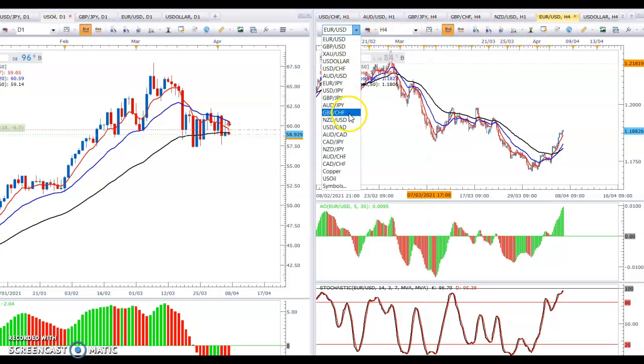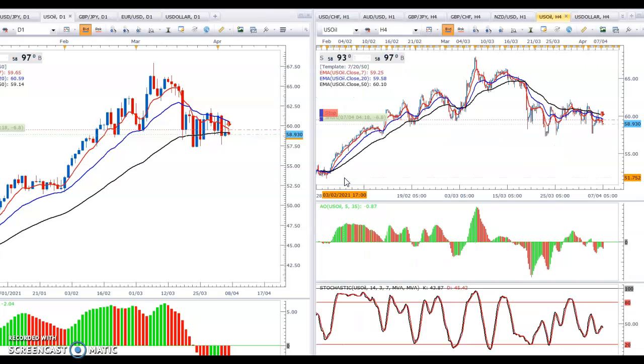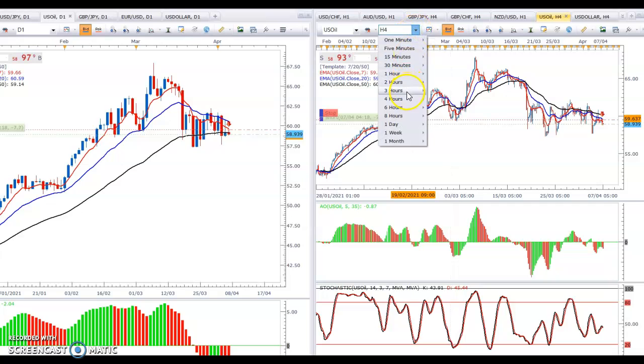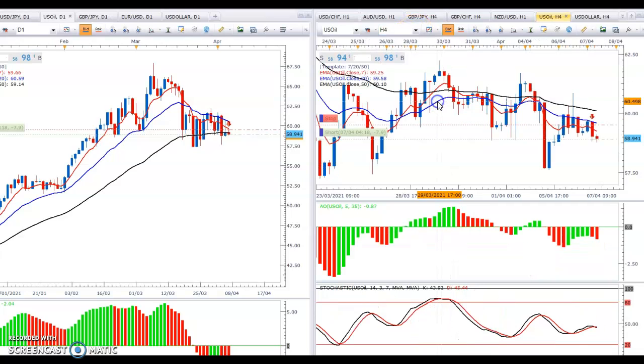Let me go to the 4-hour chart. And yeah, we got some weakness here, haven't we? As you can see, prices are starting to weaken. So 58.97. Where is it going? Well, let's draw some